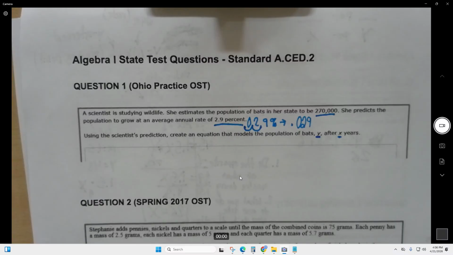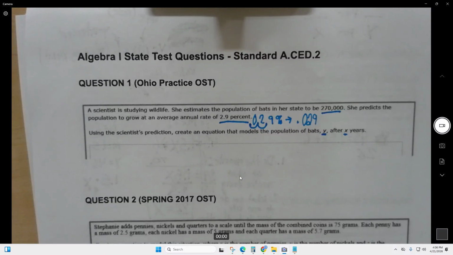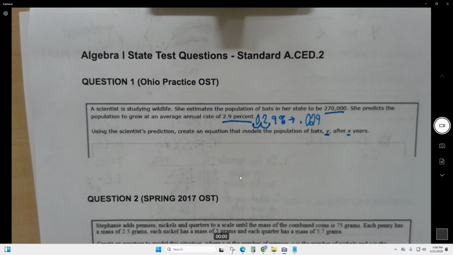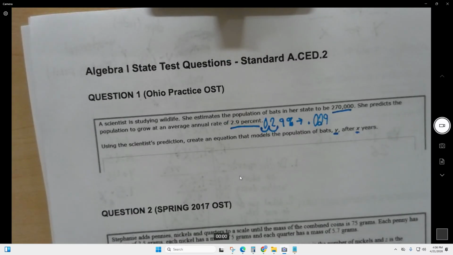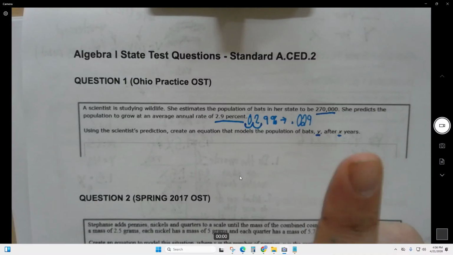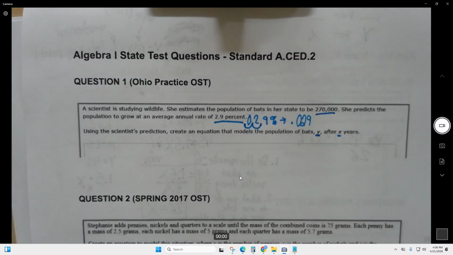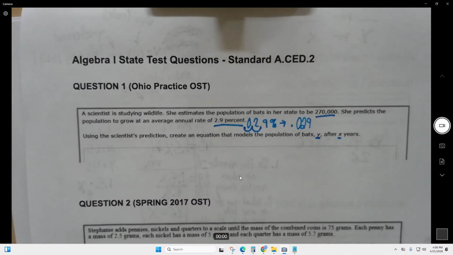Please note this is very important. I've said this in previous videos, but this is very, very important. If the question defines the variables for you, for example, if it tells you that the population of bats is Y, you must use Y for the population of bats, just like you must use X for years. Why do I say this? Because when you look at a typical